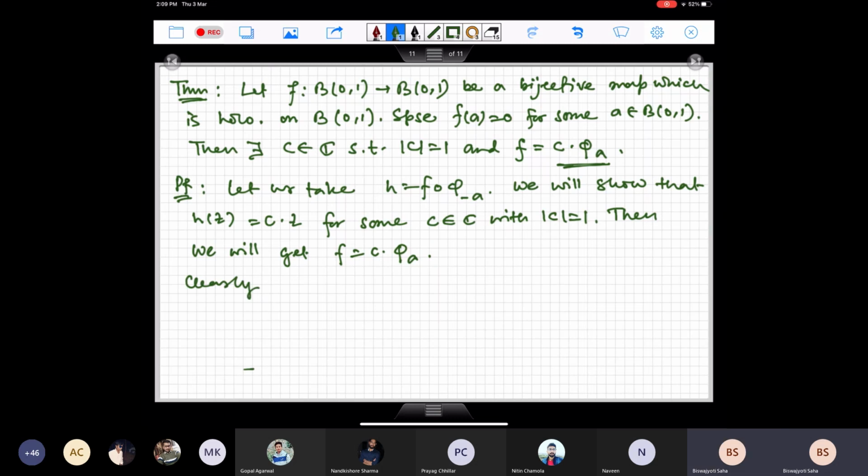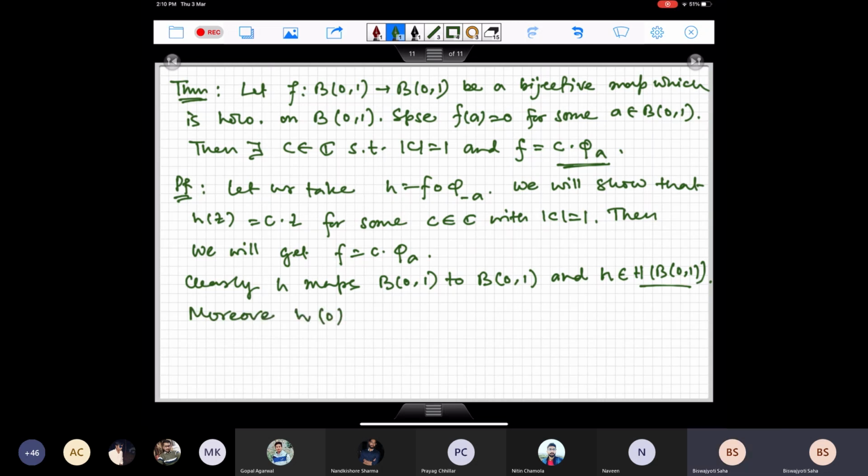Here, H is a function from B01 to B01. Phi A is also a function from B01 to B01. Phi minus A is also a function from B01 to B01. So as a composition, H maps B01 to B01. That's clear, it's very obvious. And of course, H belongs to the set of all holomorphic maps, because phi A or phi minus A is holomorphic, and F is given to be holomorphic, so H is also holomorphic. So that's good, and moreover,